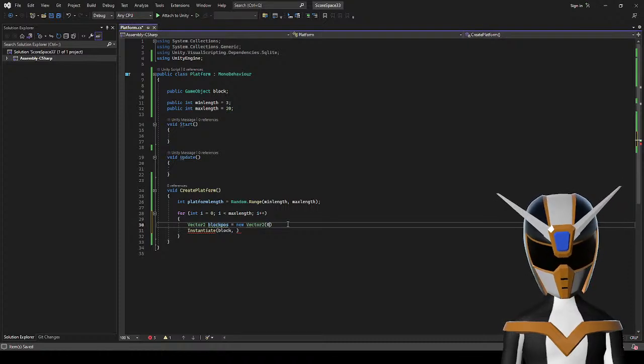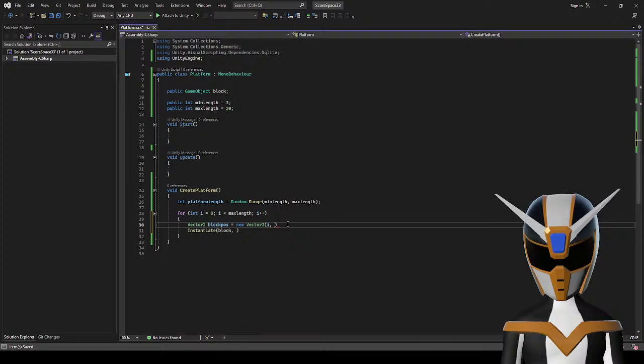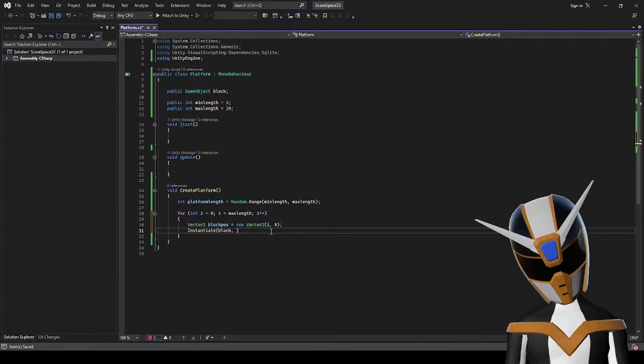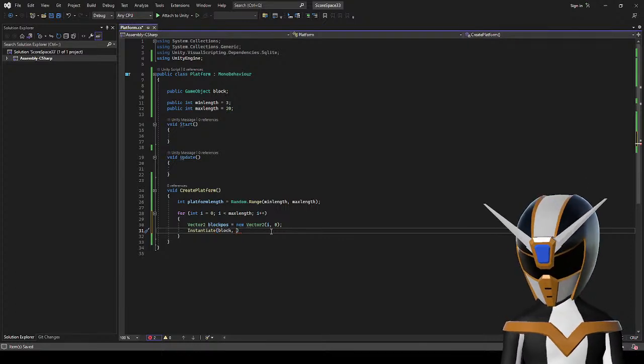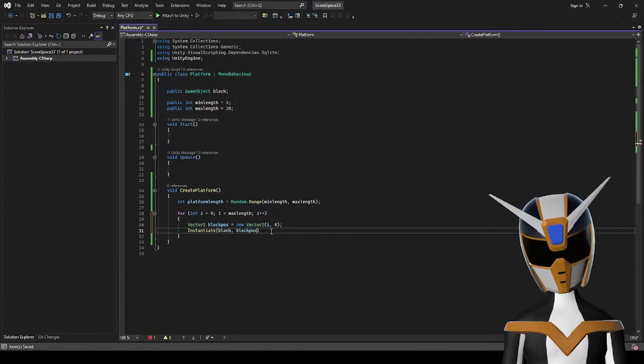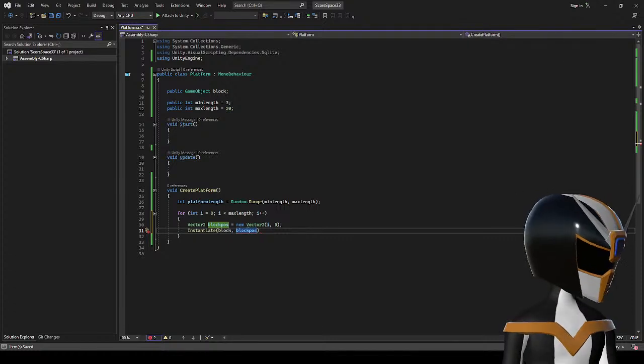So I just want it to be 0, or no, I want it to be i. i, comma, 0. Okay, and then I want to instantiate the block at blockPos, and then just Quaternion.identity.